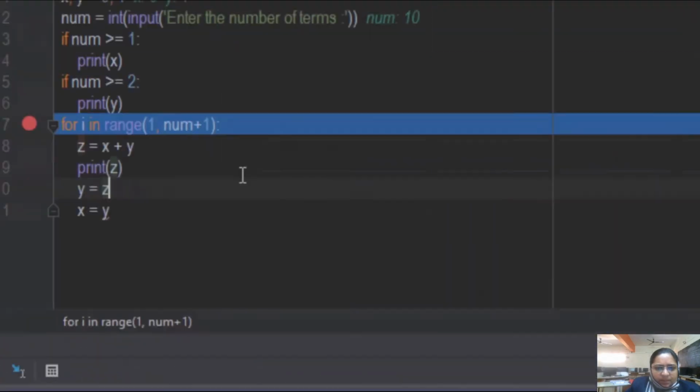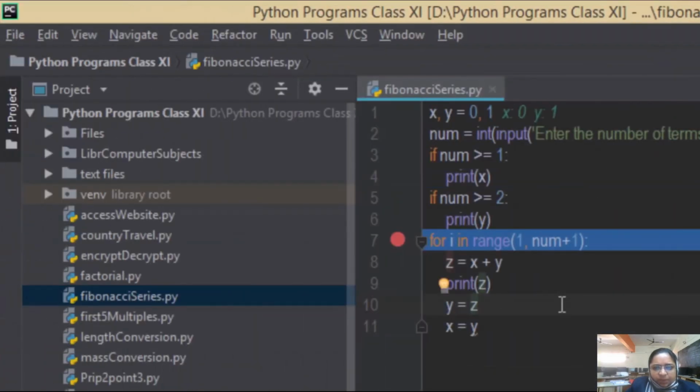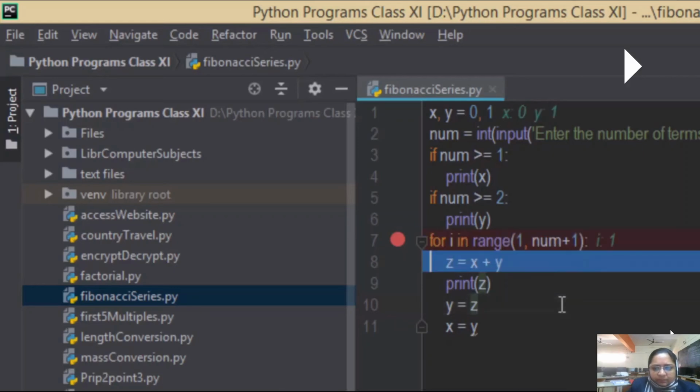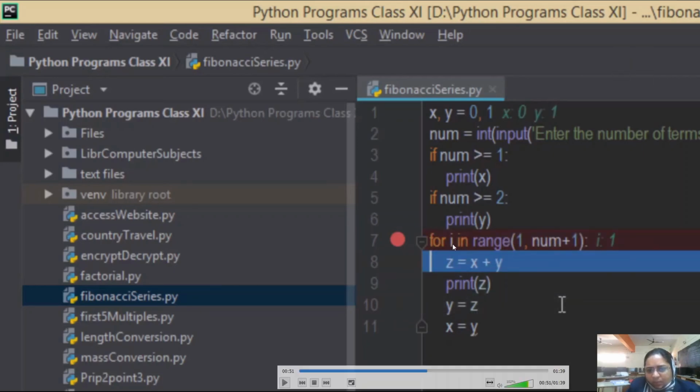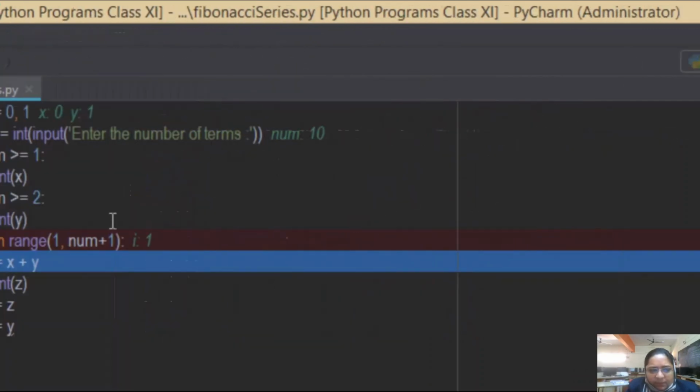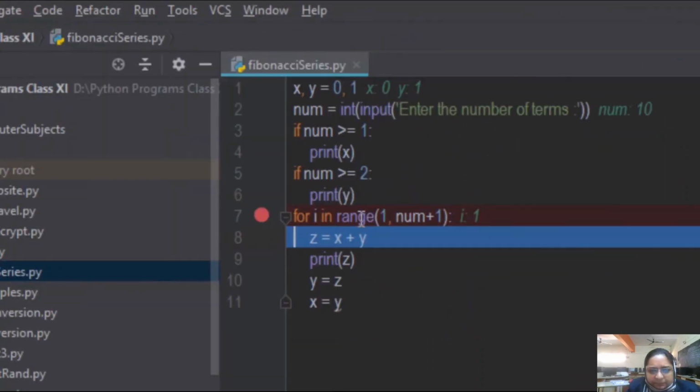We are going to step over using F8, and you can also see the values of variables being printed alongside the execution of the program. Now that this for loop has been executed once, the value of i is also printed over here. And now you will see the value of z being printed.